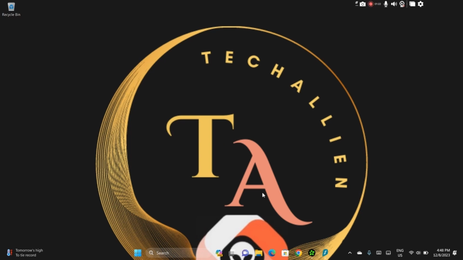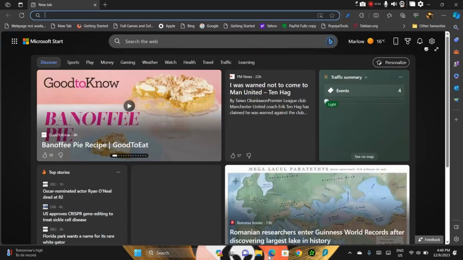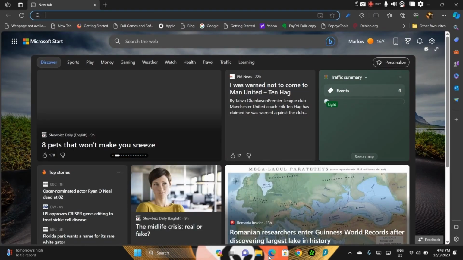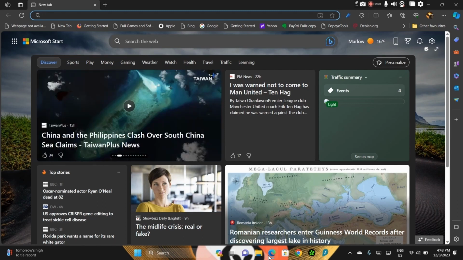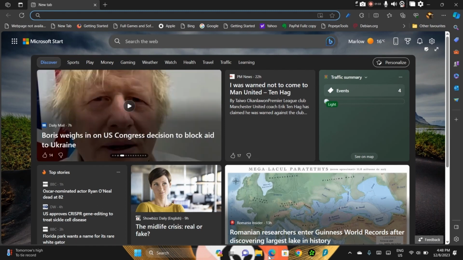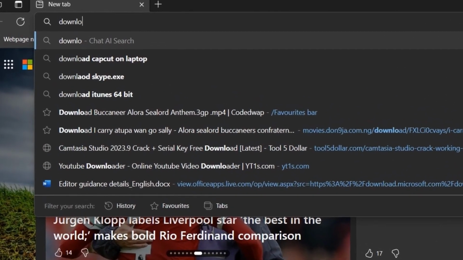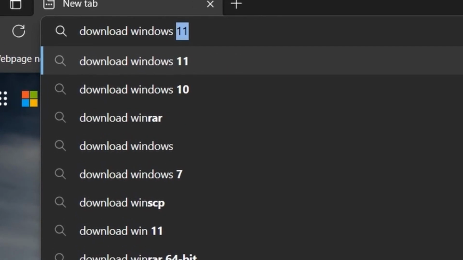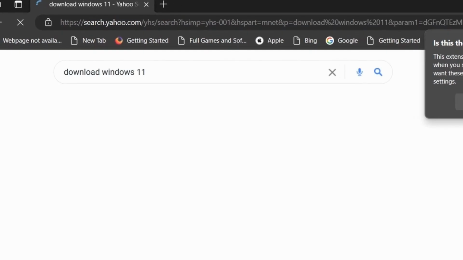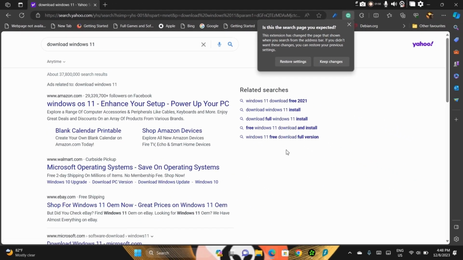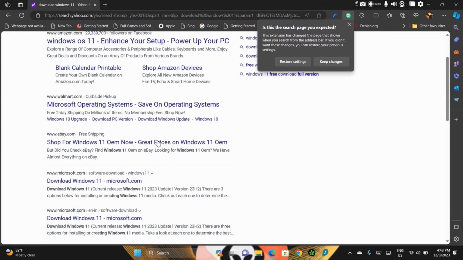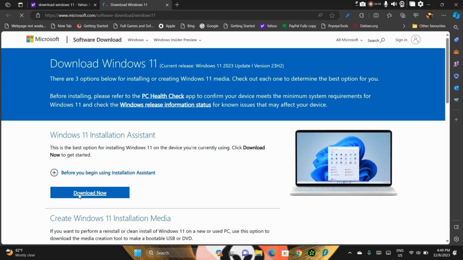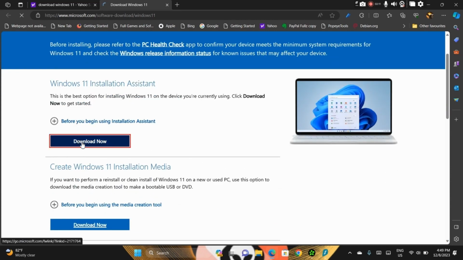So first of all, we'll be needing to download a few things, which is the Windows operating system. First, we'll be heading to the browser and searching for download Windows 11. Scroll down to Microsoft, where you see download Windows 11. Have it in mind that what we'll be downloading is the offline version. So when you click on download Windows 11,